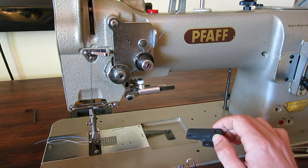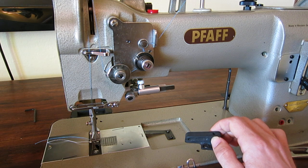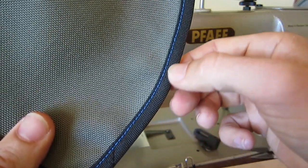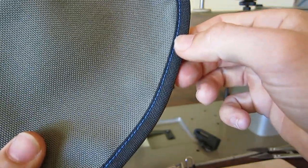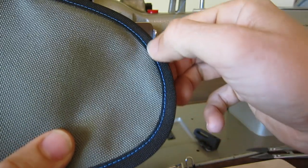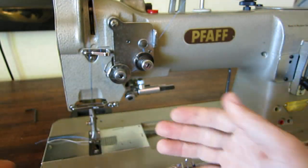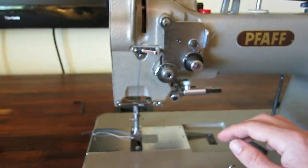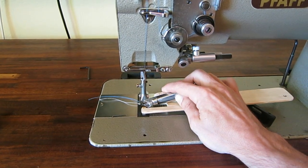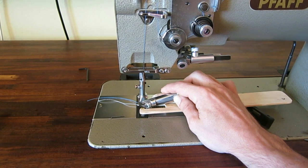I've been happy with it, but I noticed on tight turns that I do get some drop if I'm sewing really right up to the line, when I'm attaching binder right up to the edge. So you could see on something like this where it's right on the edge. On tight turns, I was getting drop off where the stitch would drop off around the edge, and that's just because the distance between the needle and the binder isn't a fixed distance, or it is a fixed distance. Now,